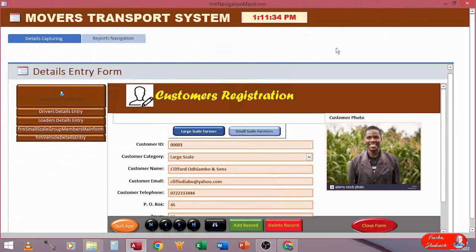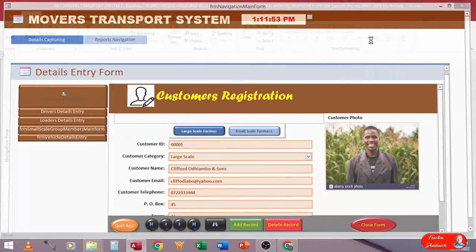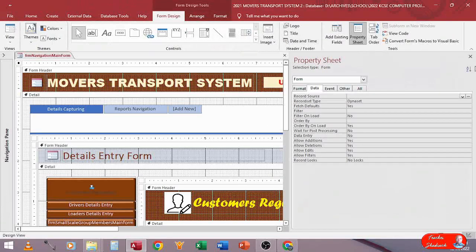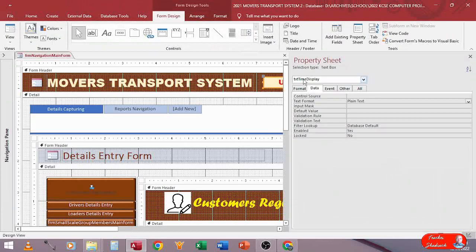And that works the magic of having running time. So you can see the time is here updating itself automatically. However, the cursor can get in there. And you can see there can be mess. So what do we do to such a control where we don't want anybody to interfere with, when it is selected like that,